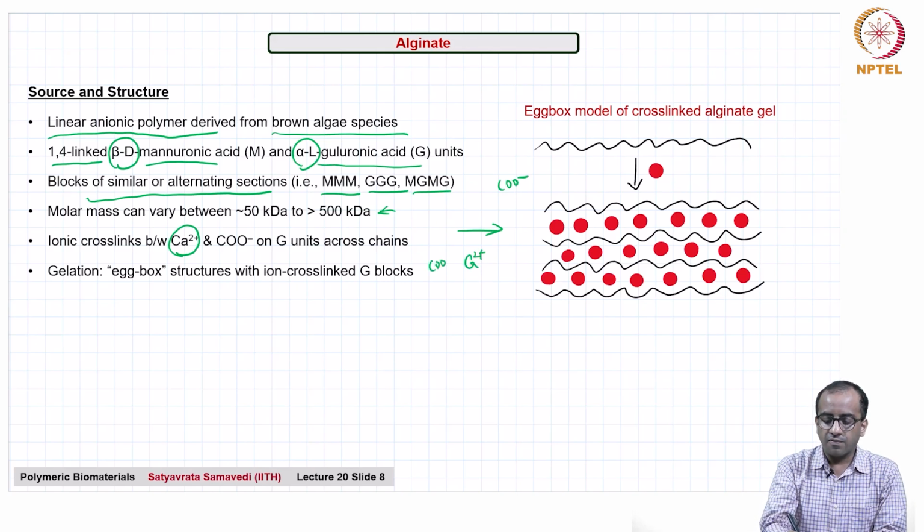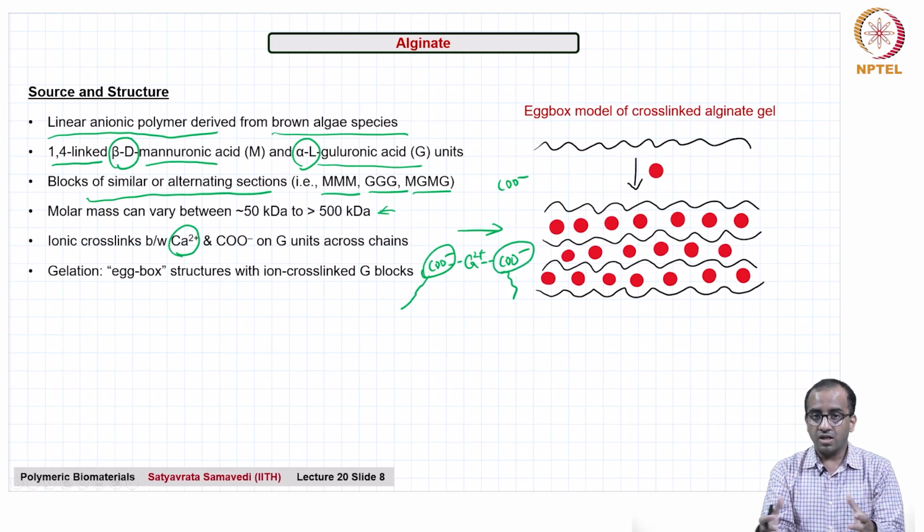So, you can have electrostatic interactions or ionic cross-linking between COO minus here on one of the G units, this is one chain, this is one chain, and COO minus here on another G unit in a different chain, and the two of them can be